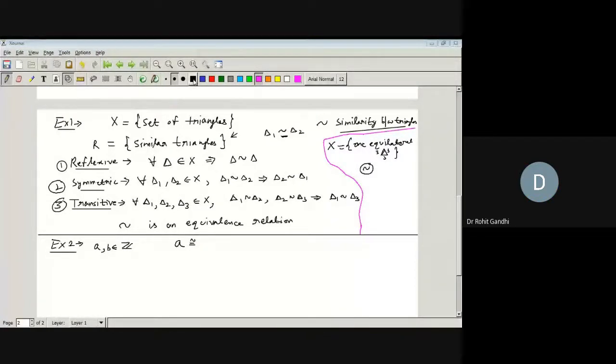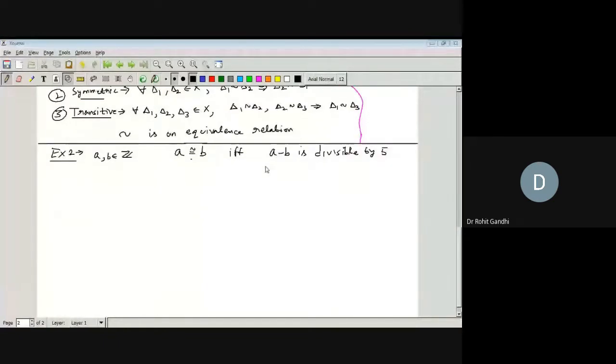So let's move forward. Now let us take any two elements in integers, A and B. Now I am defining the relation like this. This is our relation, right? So I will say that A is related to B, that is, two elements in integers are in relation with each other if and only if A minus B is divisible by 5. This I have discussed with you already. We will generalize it further. So this is the relation.